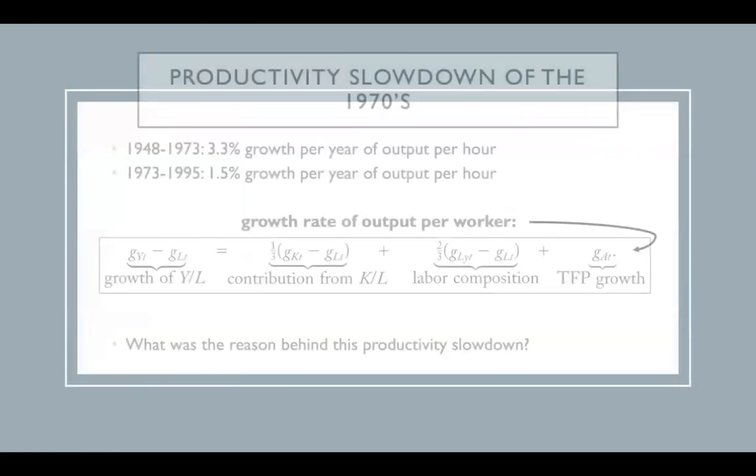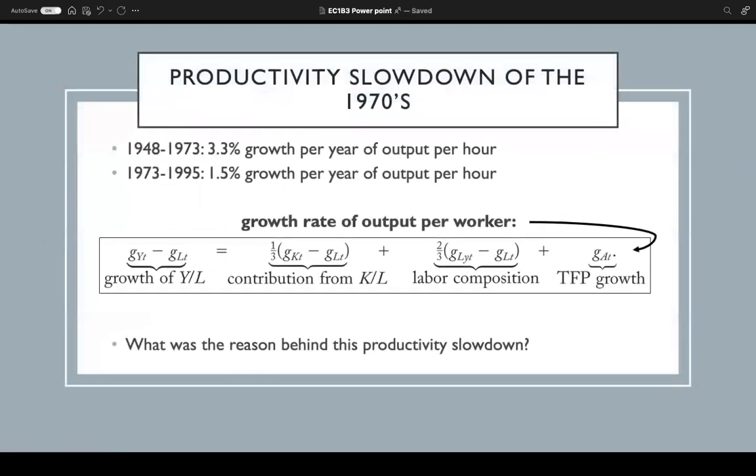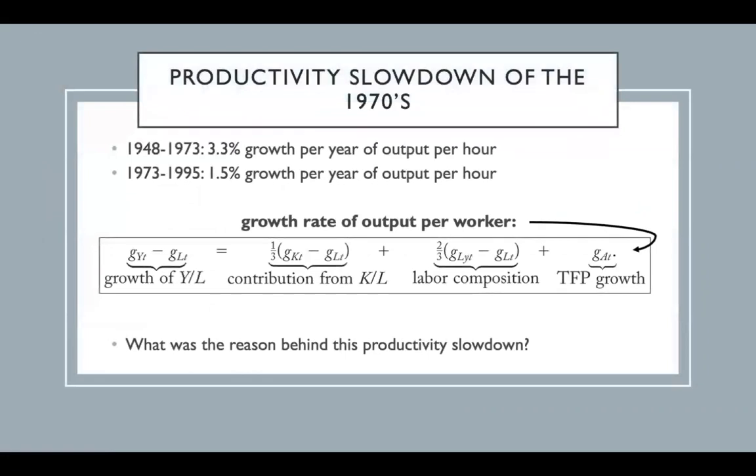Productivity slowdown was seen during the 1970s, where output per hour experienced a great decline compared to previous decades. From the equation above, we can see growth rate of output per hour is composed of three factors. So which of these factors contributed to this slowdown in productivity? It was in fact a 1.6% decline in TFP growth between these two periods that was almost wholly to blame for the slowdown experienced. This establishes how significant TFP is for productivity of countries.